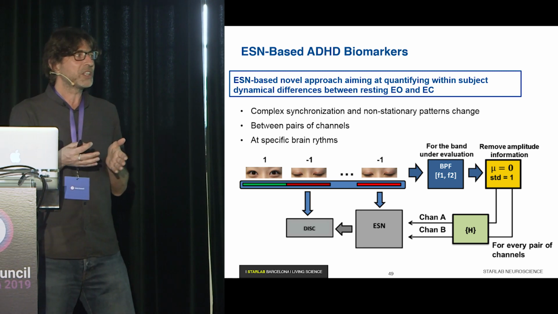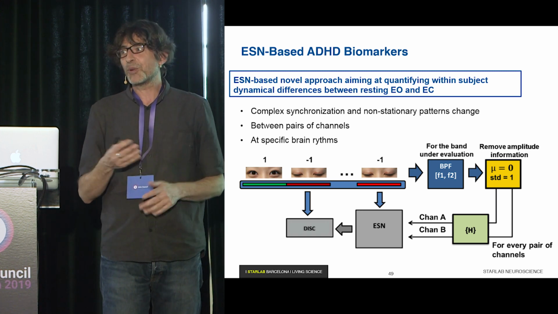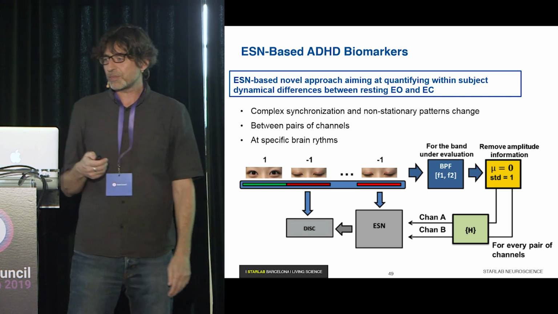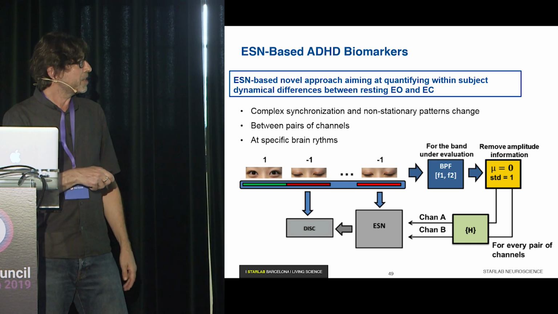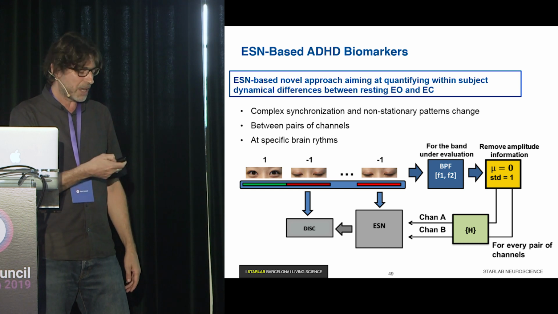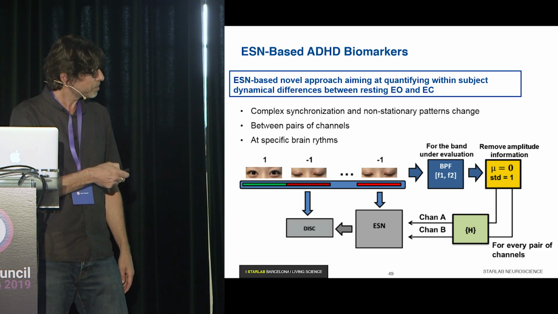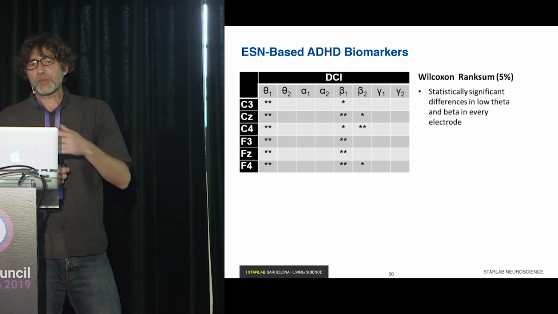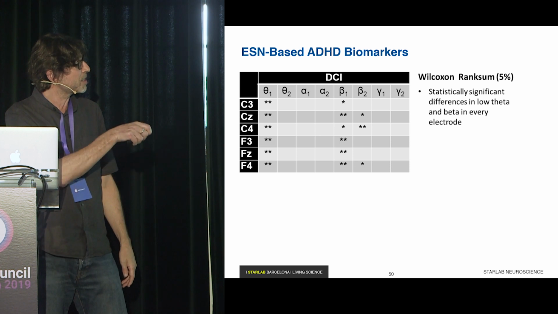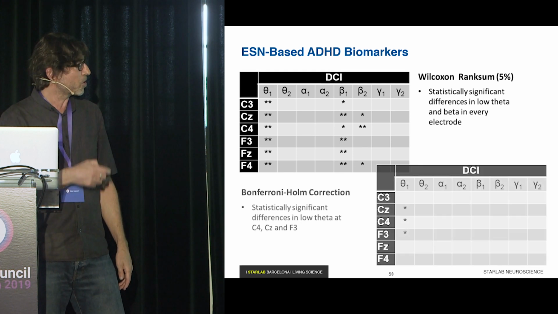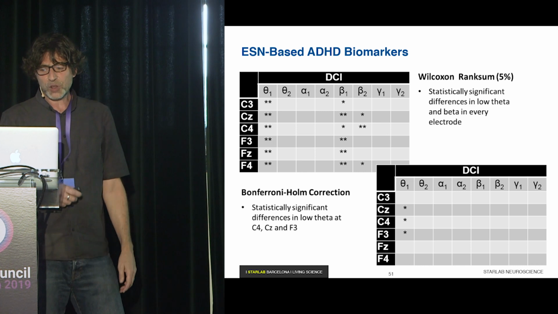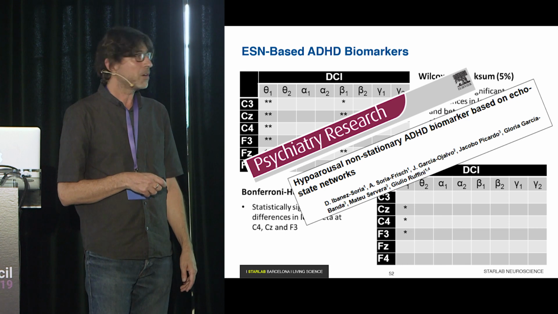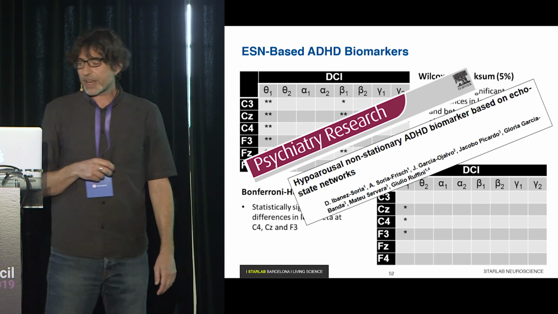So I'm going a bit into details because I've heard that some people were complaining about lack of content, so I'm trying to give a bit more of this. After doing this, the particular connectivity metric can be used to distinguish one group, the ADHD, from the healthy controls with a statistical significance, after correcting for multiple comparisons, and this has delivered another paper which hopefully will be published in Psychiatry Research.